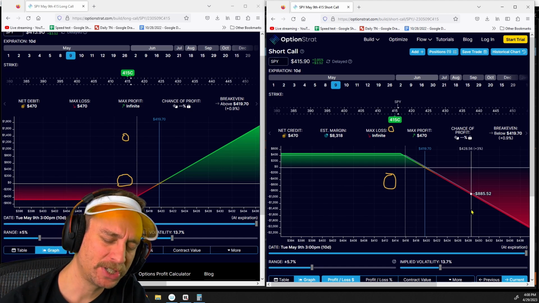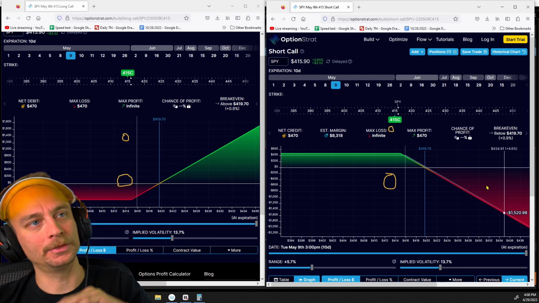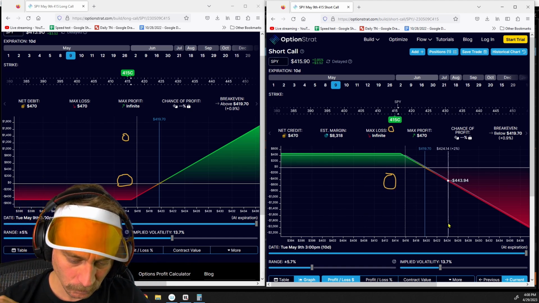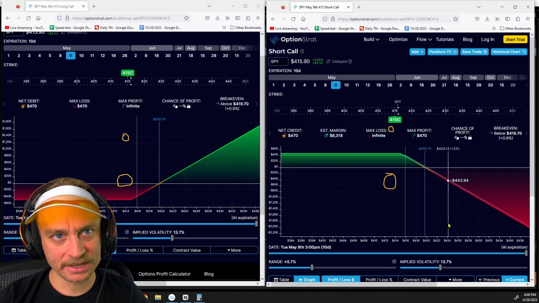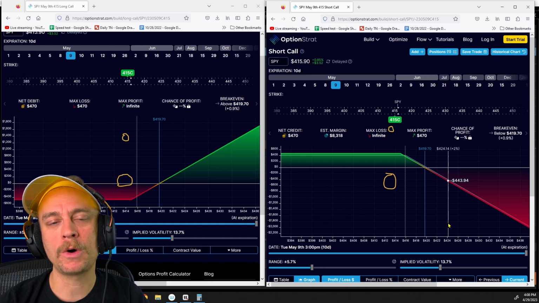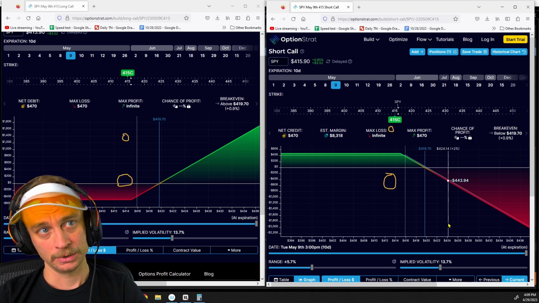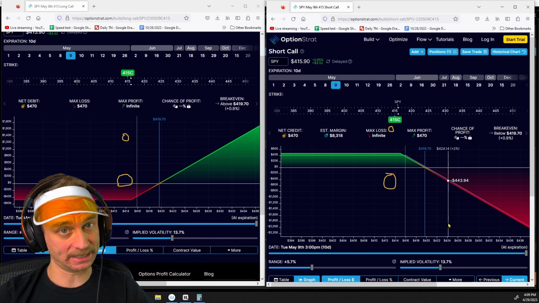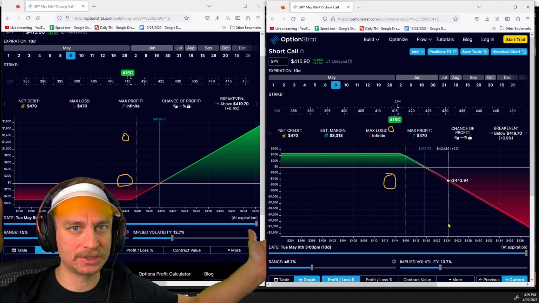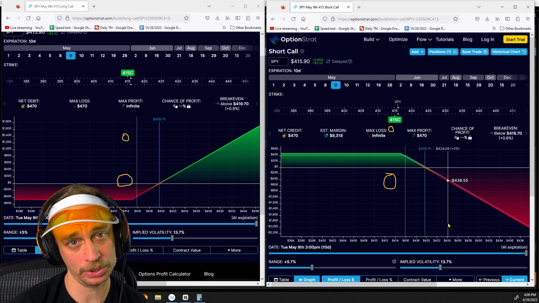So when people are saying write a call or naked call, they're talking about this graph on the right. It's a short call, okay? It's going to look like this. So since it has potential unlimited loss, your broker requires you to have a massive amount of margin to trade this. So if you want to trade just a short call by itself and not hedge your option position with something else like an iron condor or whatever, they're going to require you to have a ton of margin.